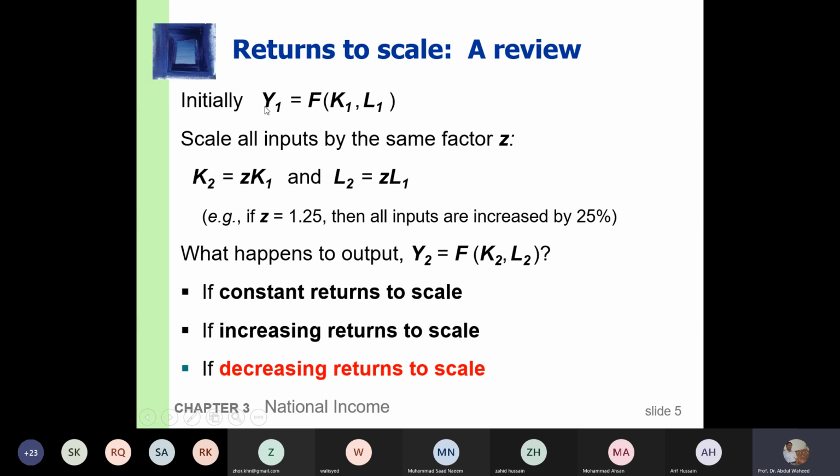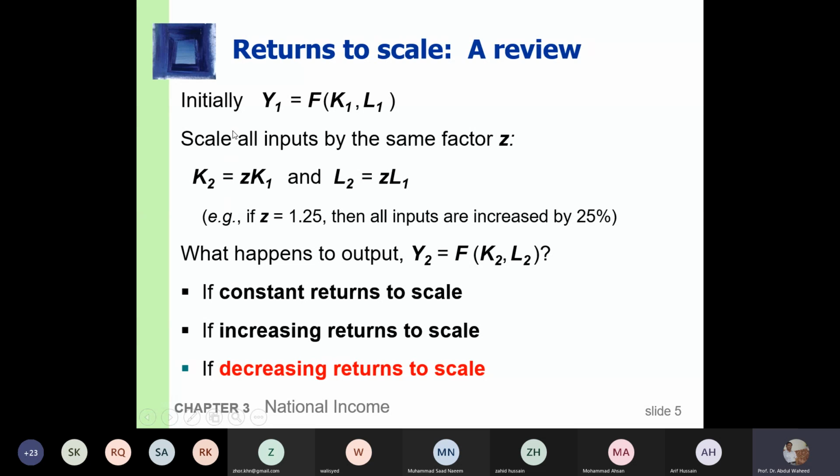If output also increases by 25%, then we say there exists constant returns to scale. And if all inputs, meaning capital and labor, are increased by 25% and output increases by more than 25%, then we will say there exists increasing returns to scale. For example, output increases by 30% or 40%. Now, if all inputs increase by 25%